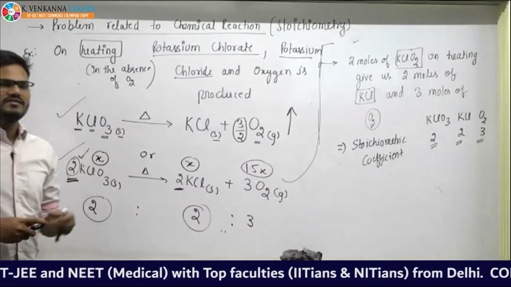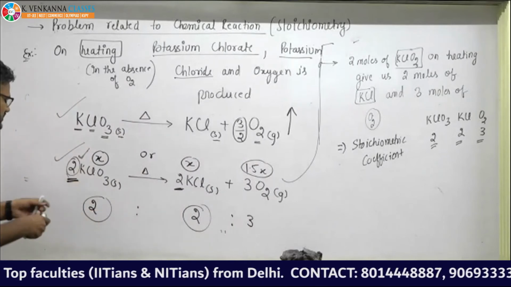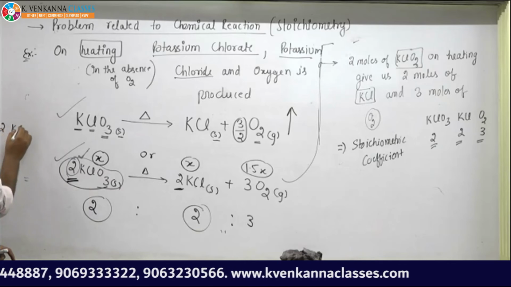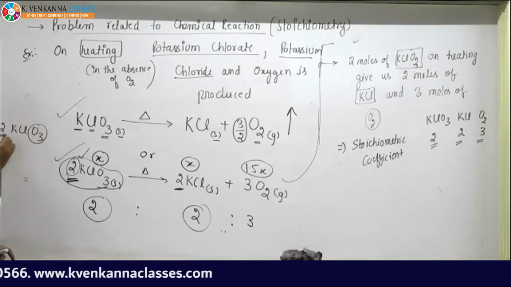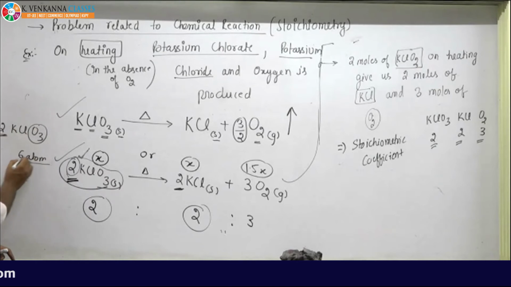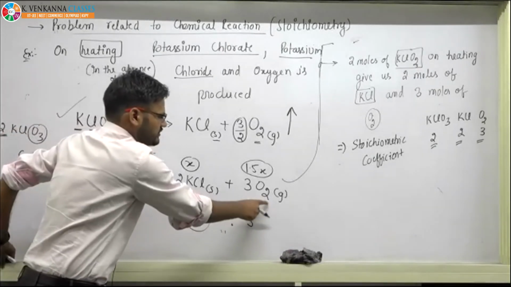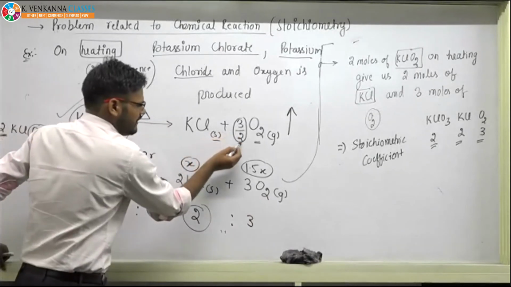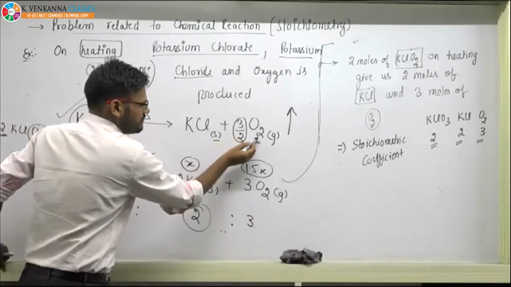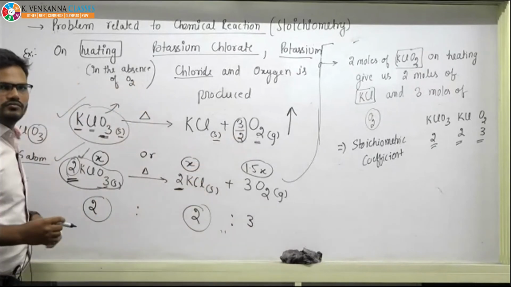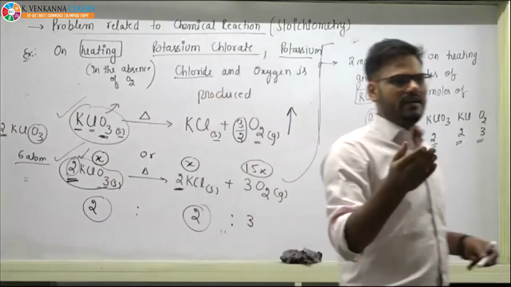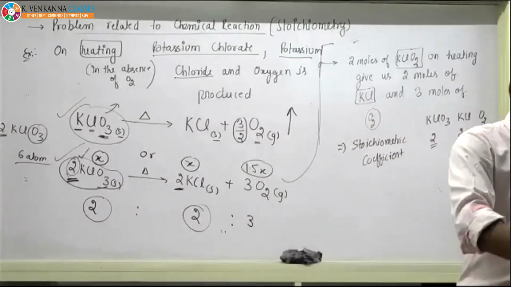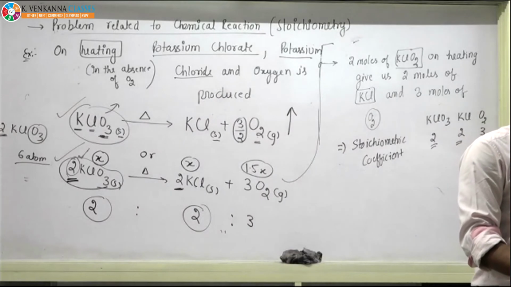So seeing the relation, how do we balance it? See, here there are 6 atoms: 2 KClO3, 3 into 2, that is 6 atoms. So here you also have to get 6. In this case, there are only 3 atoms. That is why I have divided by 2, so that 3 into 2 becomes 6, and divided by 2, it becomes 3. We will be doing some more examples, and through those examples, your concept will become clearer.